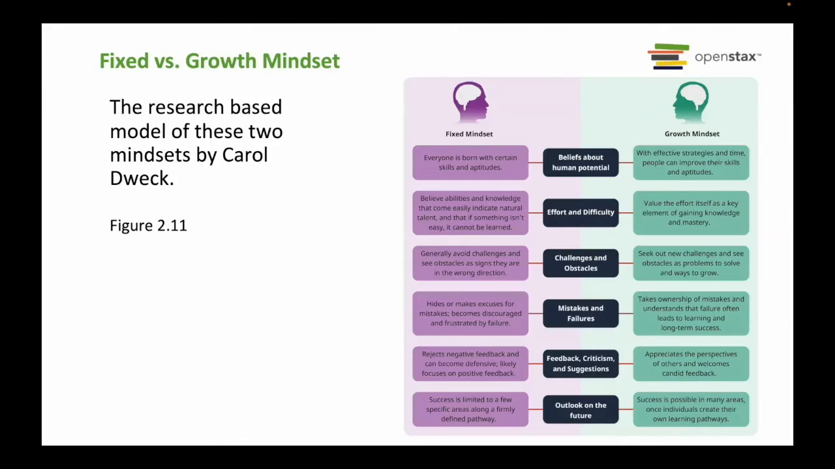With feedback, criticism, and suggestions, a fixed mindset would reject negative feedback and can become defensive, likely focusing on positive feedback. Whereas the growth mindset appreciates the perspectives of others and welcomes candid feedback. And finally, the outlook on the future, where a fixed mindset would say success is limited to a few specific areas along a firmly defined pathway. A growth mindset says that success is possible in many areas, and once individuals create their own learning